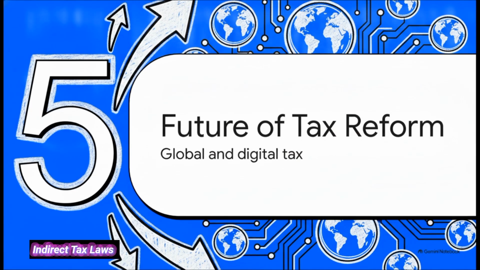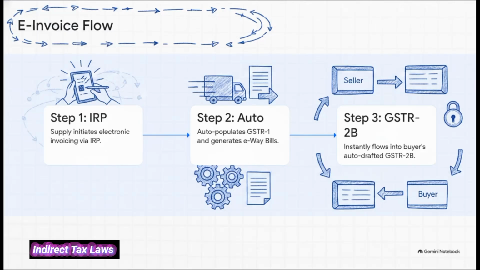Section 5. The future of tax reform. So, we've navigated the micro-level corporate math, but where is this global and digital tax operating system actually going next? Well, the future is completely technology-driven and real-time. We are moving away from historical compliance and right into instantaneous enforcement via automated tech flows. Today, when you generate an e-invoice, it automatically populates your outward supply returns and generates shipping waybills. Instantly, this data flows into the buyer's return, creating a system-reconciled, closed-loop electronic ecosystem. It practically eliminates manual fraud and ghost invoices across interstate supply chains